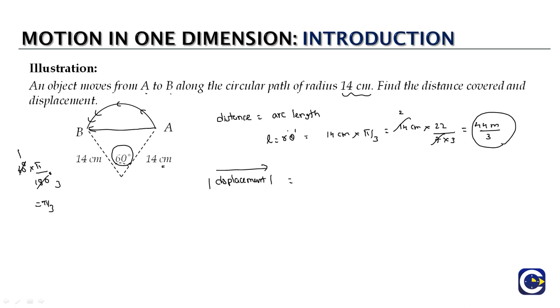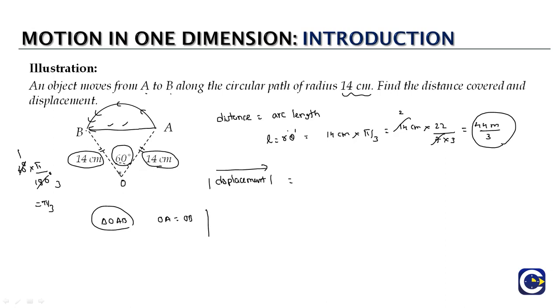The information available with us is that the radius of the circular arc is 14 centimeters and the angle over here is 60 degrees. The only way in which we can get the straight line length from A to B is by using some property of the triangle. As we can see, there is a triangle getting formed. Let us say O is the center of the circle, and we can see this triangle OAB. OA is equal to OB,